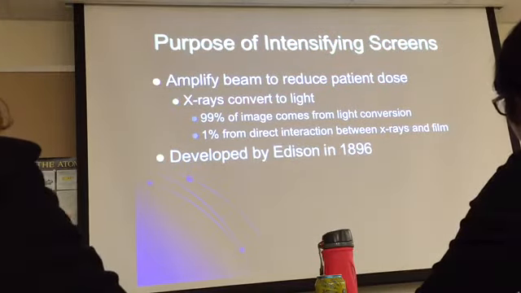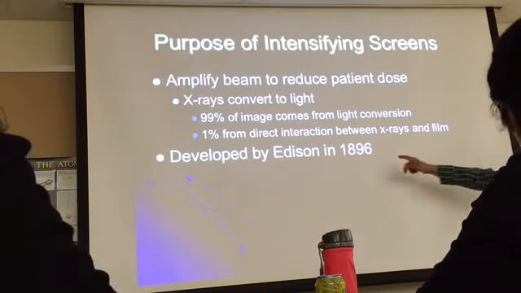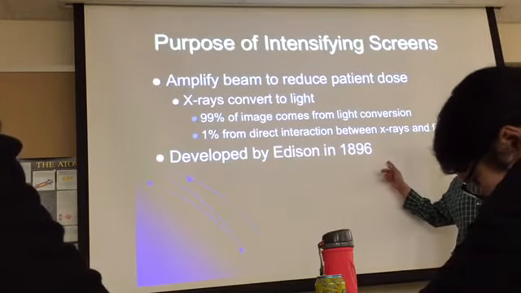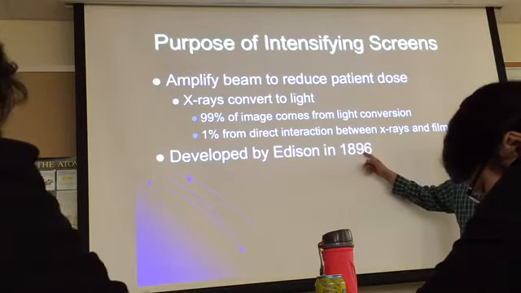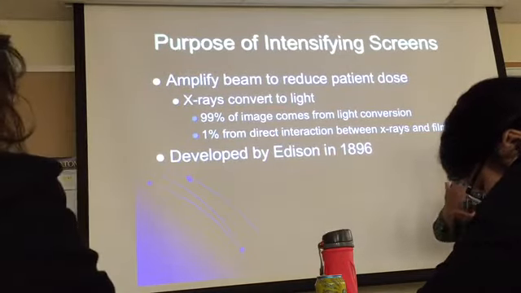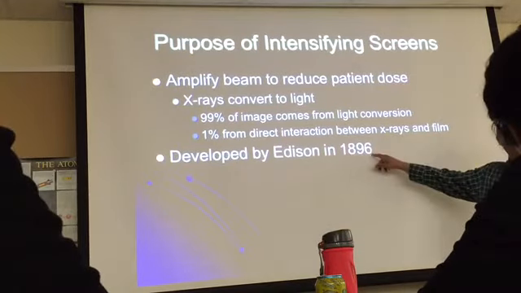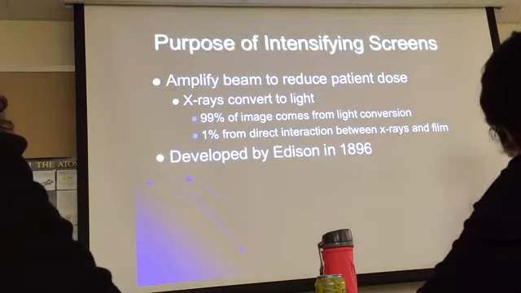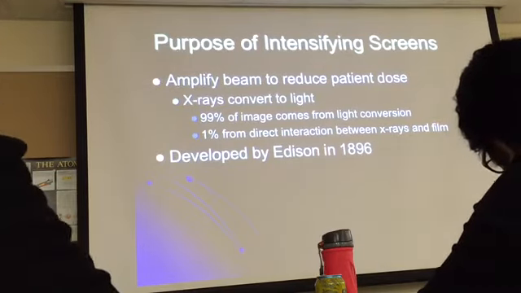They were first developed by Thomas Edison in 1896, only about a year after the discovery of X-rays, so things were happening very quickly. Now, the type of intensifying screens that Edison developed were only used for large body parts, the abdomen, the chest, and later on,